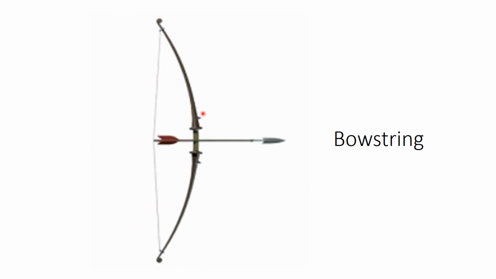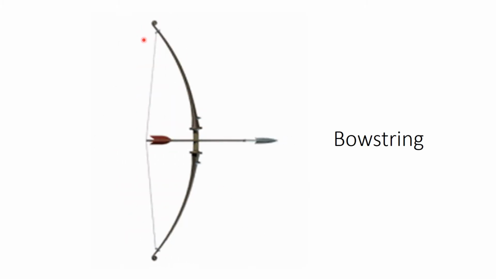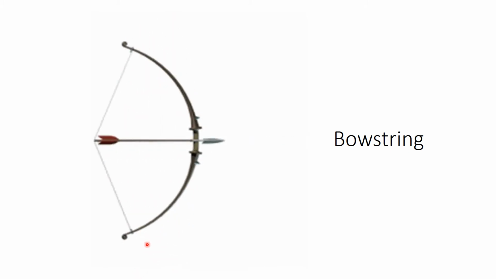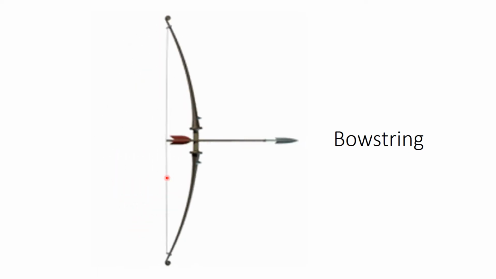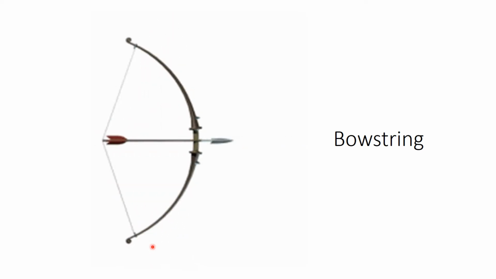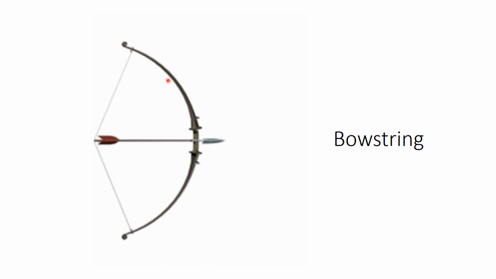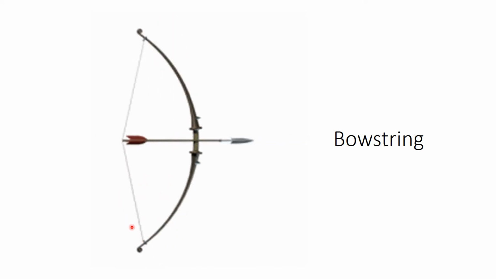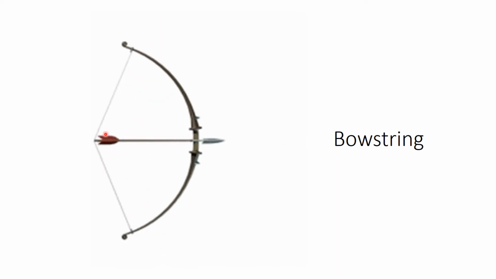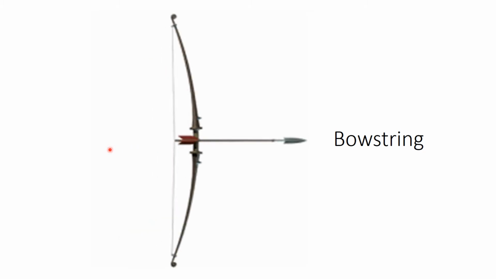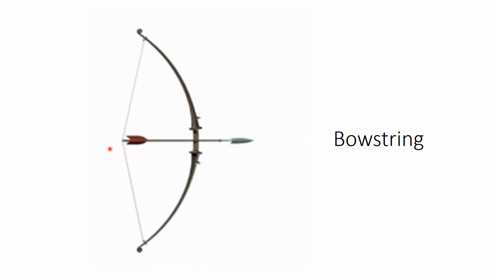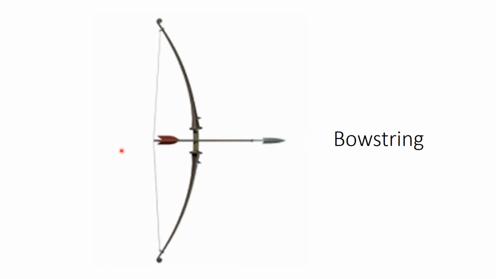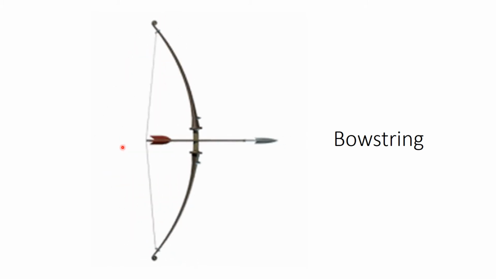Now the bowstring runs from one end of the arch to the other end of the arch, and when these ends are separated, there is a higher traction on the bowstring, and when they are approximated nearer to each other, then the tension is lesser. So this is how the energy is transformed through this mechanism of the bowstring.